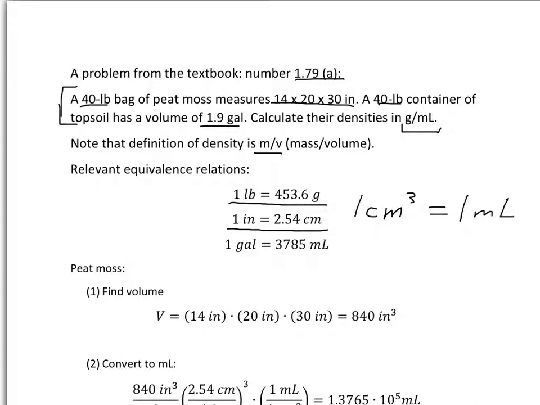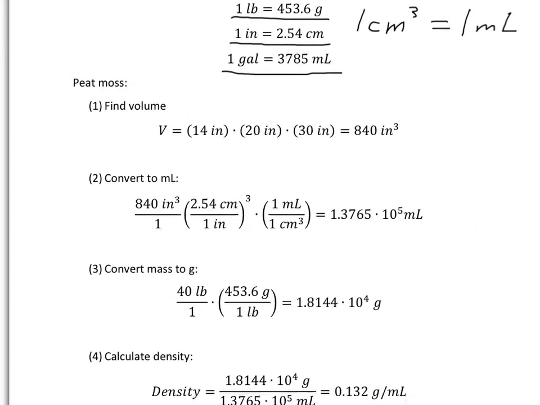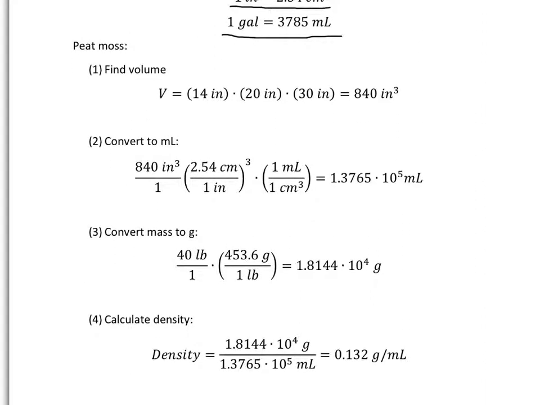So that conversion will also be used. If you can see where we're going here, we're going to convert the inches into centimeters to get a volume in cubic centimeters, and then we simply equate that to milliliters. And finally, for the topsoil, the volume is given in gallons rather than in dimensions, and I can look up how to convert gallons into milliliters, and I find the conversion factor indicated here. So first we do the peat moss. We'll lower this so we can